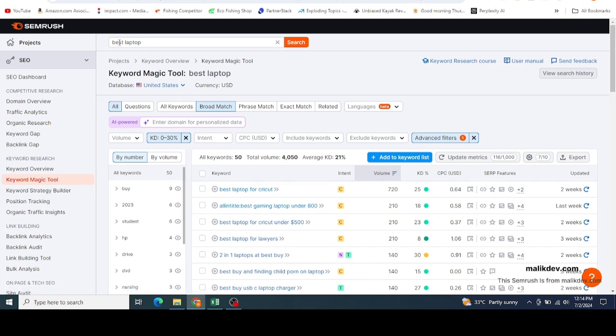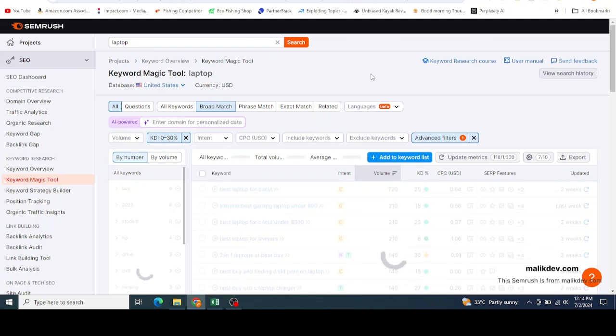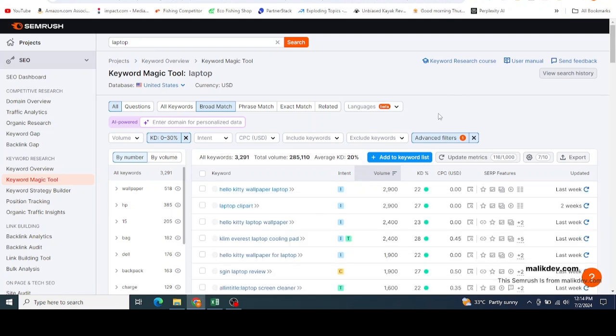But if you are not an affiliate website, just remove the best and just type laptop and all these keywords. Just keep these two. If your website has authority of more than 50, you can remove these advanced filters to expand your reach, and you will have more keywords. But initially, if your website's authority is lower,